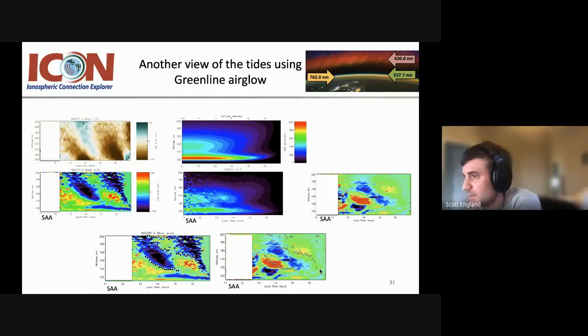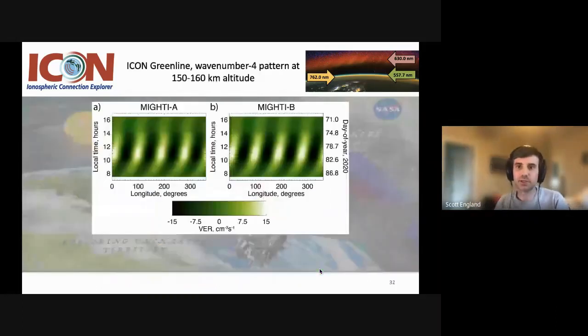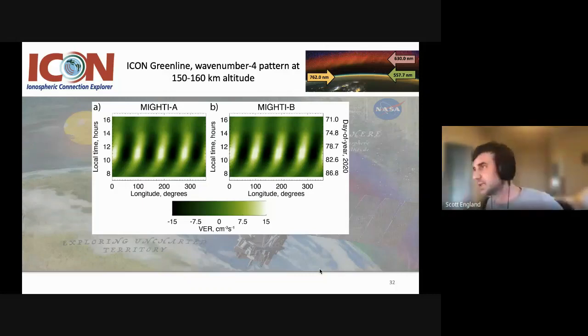So it gave me an idea of going and looking at the green line brightness, and right there in the region where we're trying to measure the O2/N2. So in this case, 150 to 160 kilometers, so maybe a few kilometers below, but still. And pull out its wave 4 pattern. I separated the instruments here, and hey presto, we see